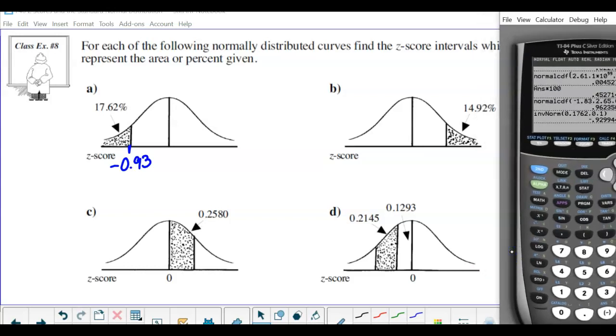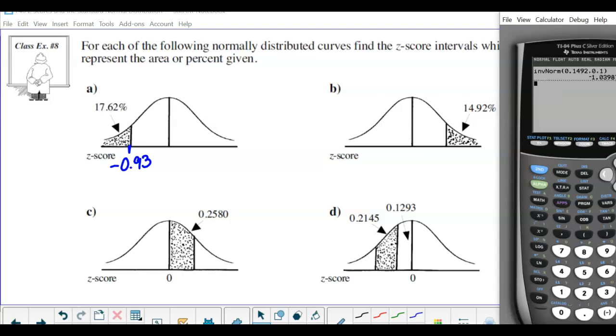Next one is on the right. Those of you that have the newer ones that have a tail on it, pause for a sec. You can probably figure it out. This one here, in the old version of the calculator that I'm using, the area that you put in is assuming it's from the left. So if I were to do that now and put in 0.1492,